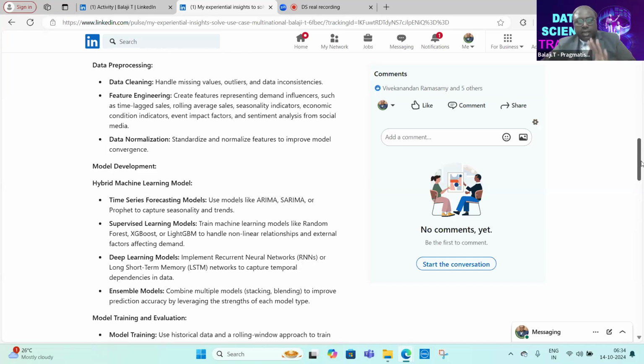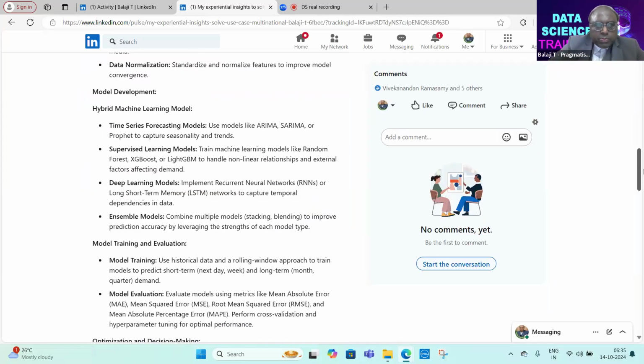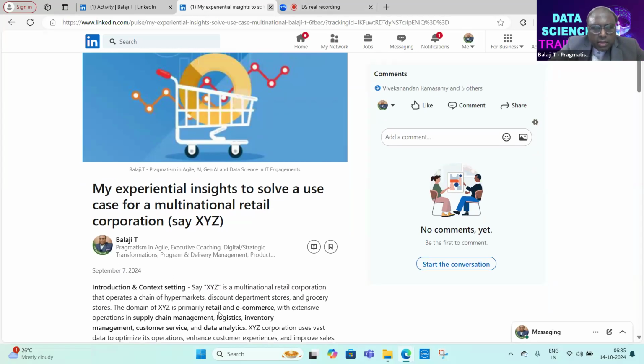So the point to be kept in mind is, once you understood the data science life cycle, all that you need to do while you are executing a real-time use case project is to ask: where am I in that particular life cycle? And what will be the next step from here? What was the previous one? From here, what do I need to do to go to the next step? I think those aspects you may need to keep in mind. So just go through this particular article on a high level.